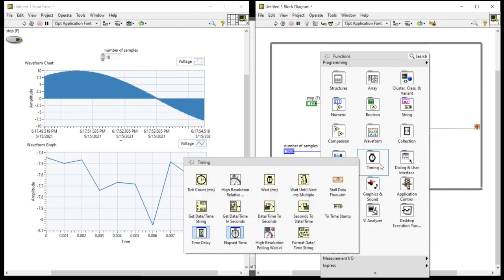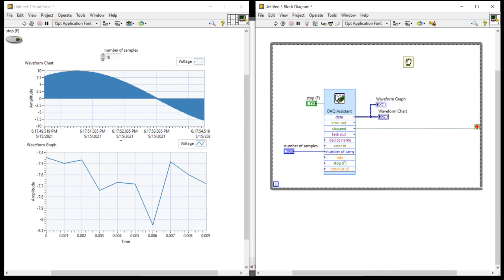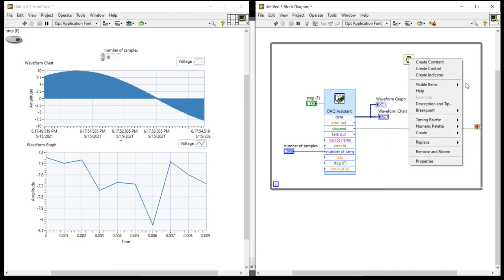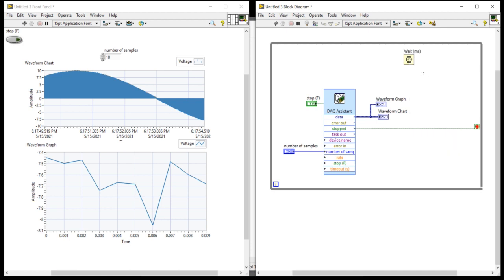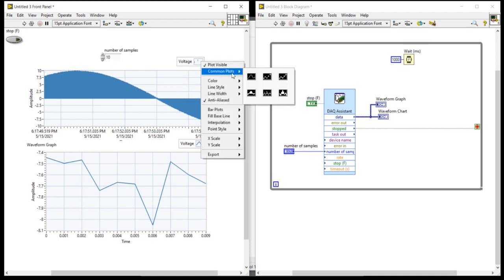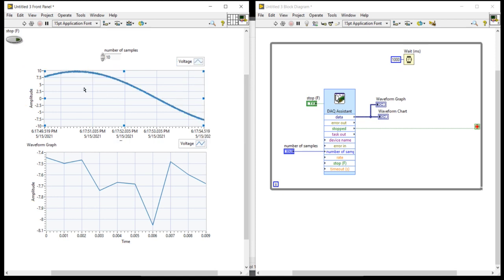Right click, come into timing. In this timing you will find the wait millisecond function, which I have taken. 1000 milliseconds is equal to 1 second. So now my system will acquire 10 data points every second.